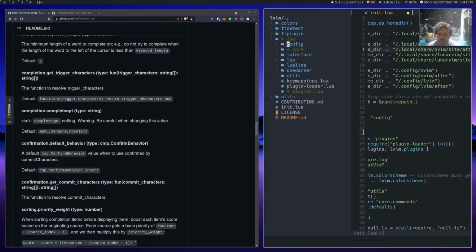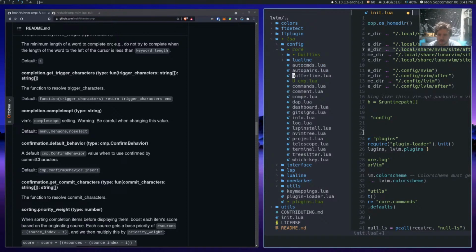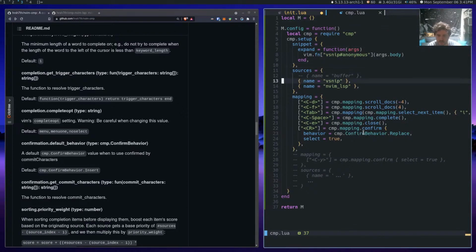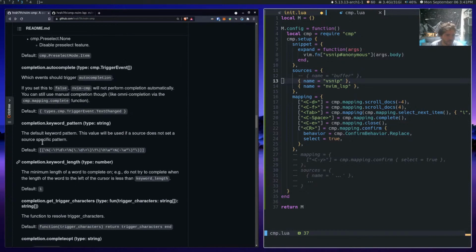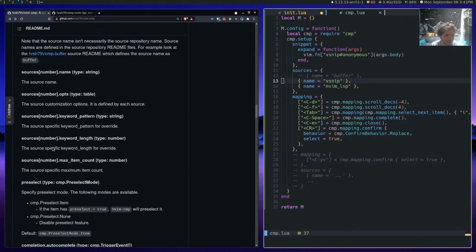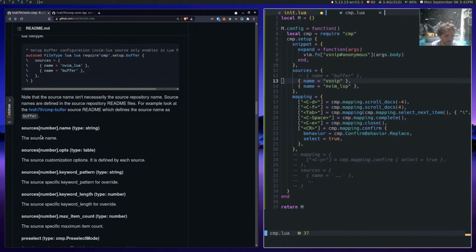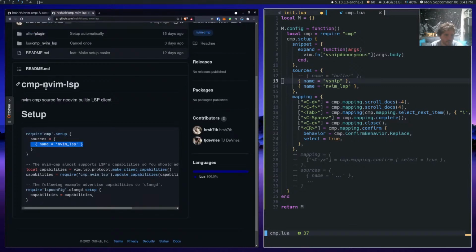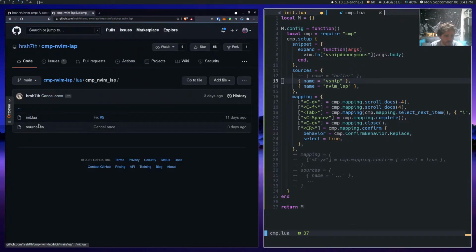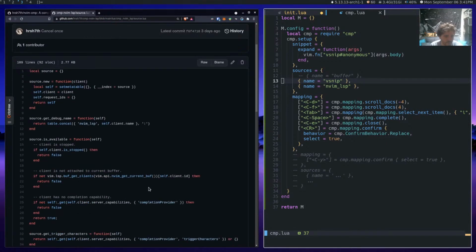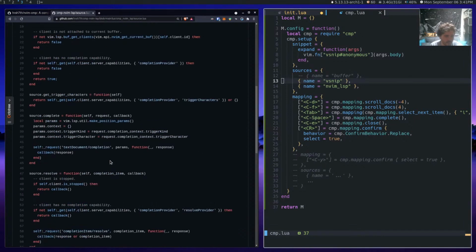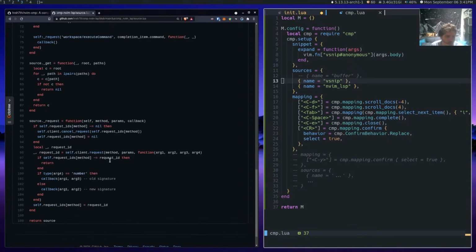How can I specify the order, I guess, is my question. So we got name. Was it number? Is that something we can pass it? Or is it the sort? All right, sources number. I don't know what this is. For example, look at that CMP buffer source, which defines a source name as buffer. Yeah. Well, what's in here? Maybe we can take a look inside the source, because like name should be a thing. There should be like a place where.